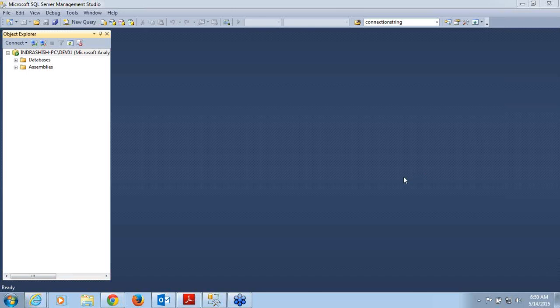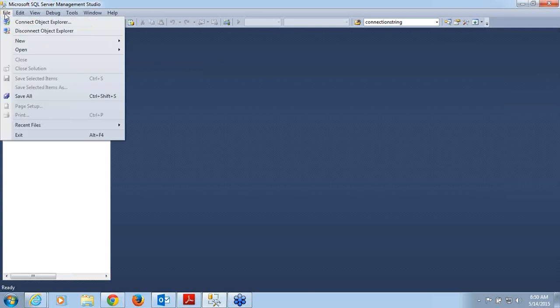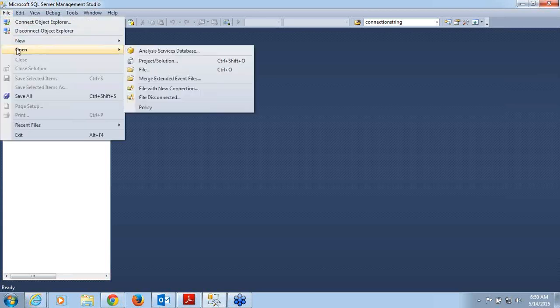Okay. So, what you need to do, you need to open up Management Studio and you need to connect to Multidimensional Analysis Services instance. Okay. After you have connected to Multidimensional Analysis Services instance, you need to go to File, you need to go to Open,